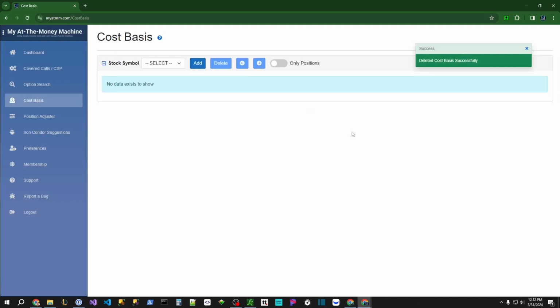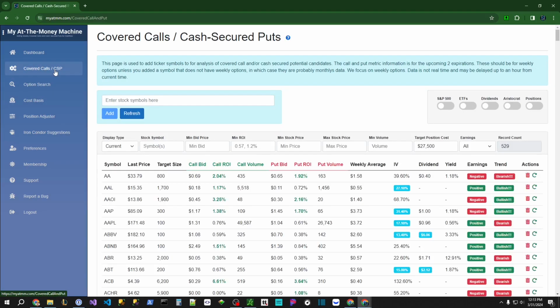And the primary reason why I want to do this is because I want to show, well, first off, how to start from scratch, and then also how to build out from scratch the system. And let's go over to the covered calls. I will say this just keeps an ongoing history of all the stock tickers that you've ever added. And as you can see, I've added 529 to this one. So the task of deleting some of these would be really tedious. You'd have to keep on clicking delete, delete, delete, delete, on all of them,